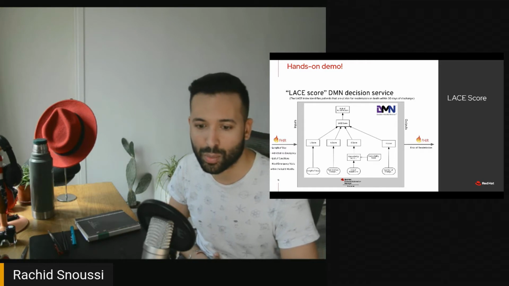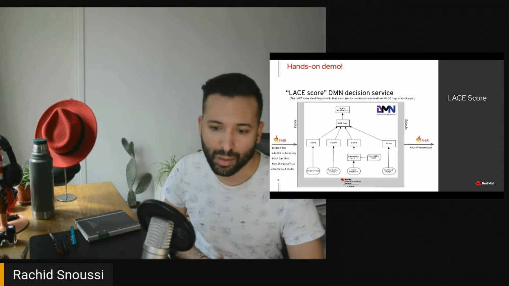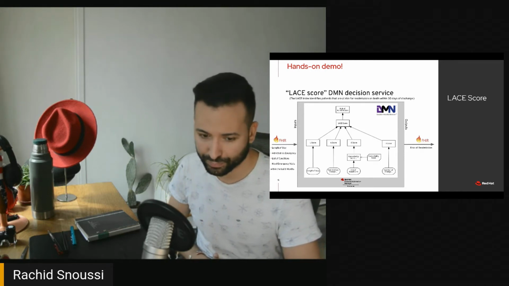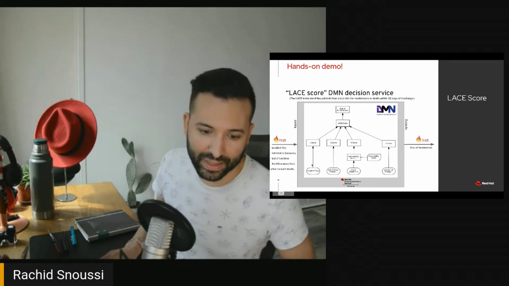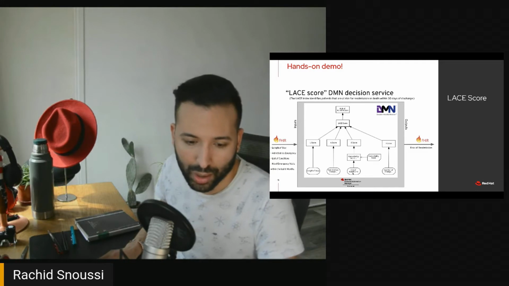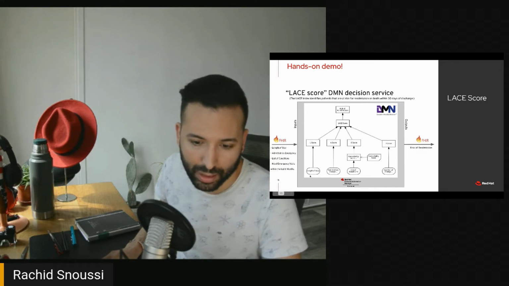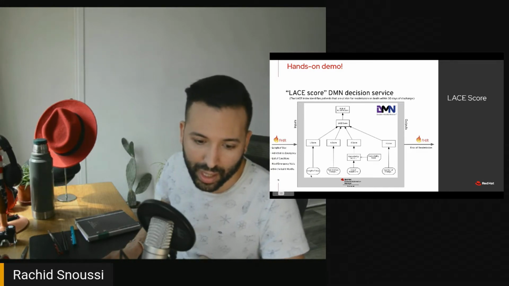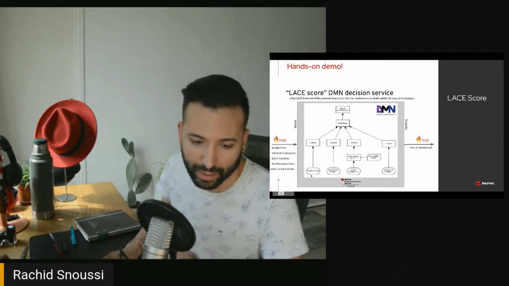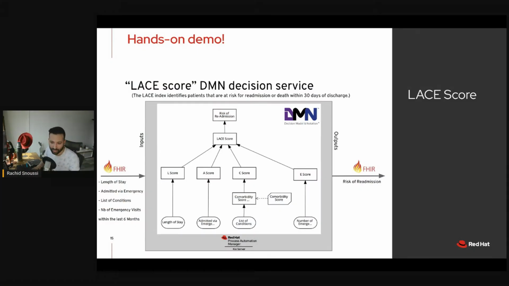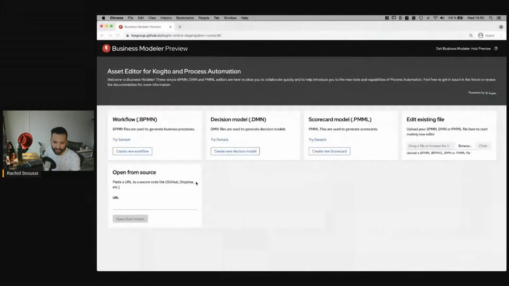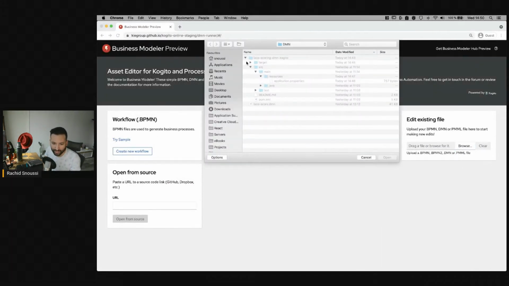DMN is an open standard from the Object Management Group that stands for Decision Model and Notation. So I found this model on the community, and I'd like to use it to showcase this kind of example. So let's start the demo. Let's upload that file we found, the DMN model,